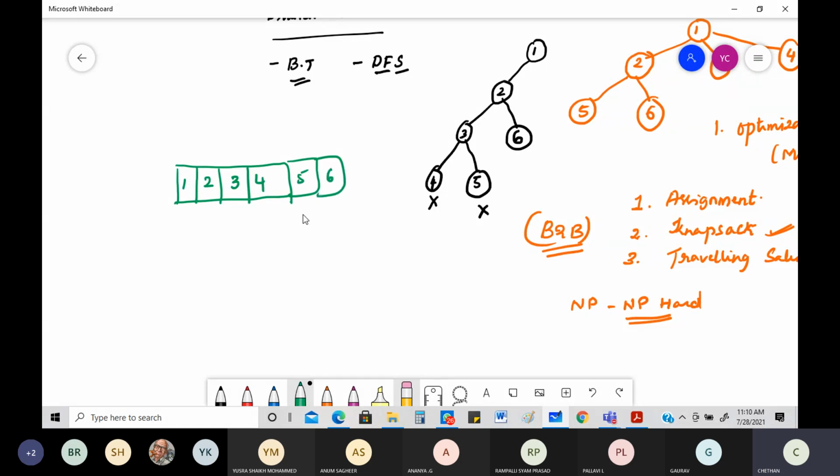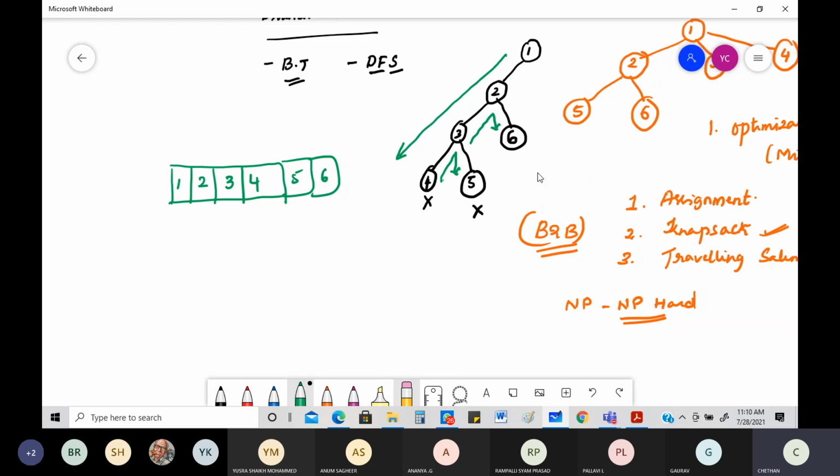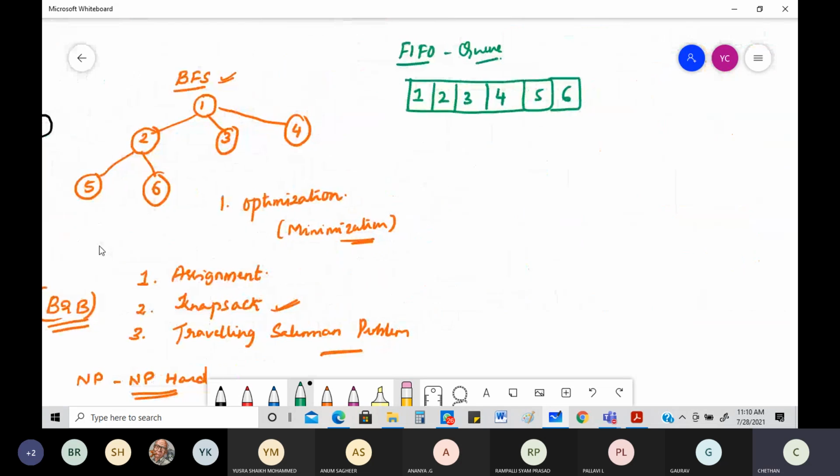This is also the same only. But look at the way it is going. It goes deep like this, then if it doesn't work, it backtracks, comes like this. Then it again doesn't work, backtracks, comes like this. The way the values are iterated is very much different. Now we are more worried about the branch and bound technique, so this is how it basically looks.